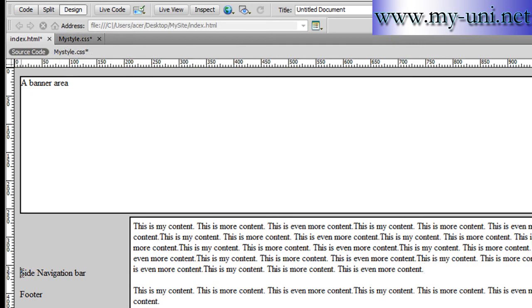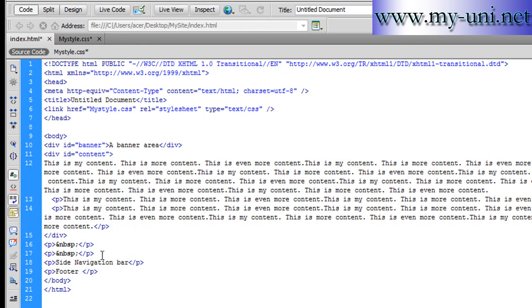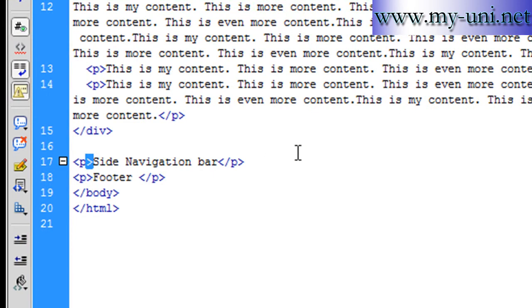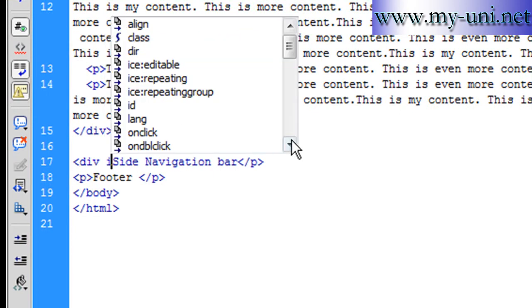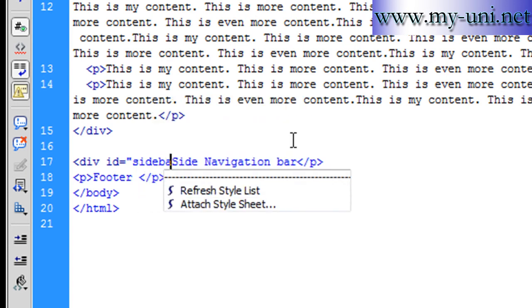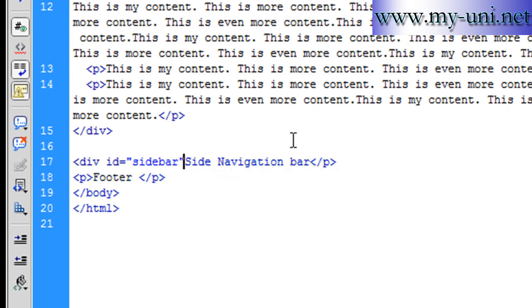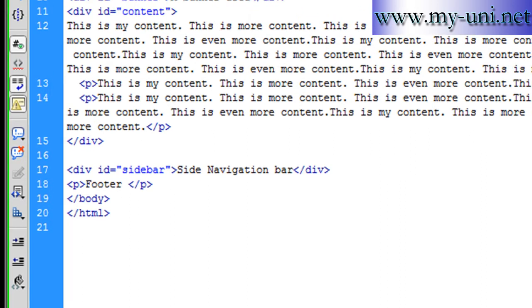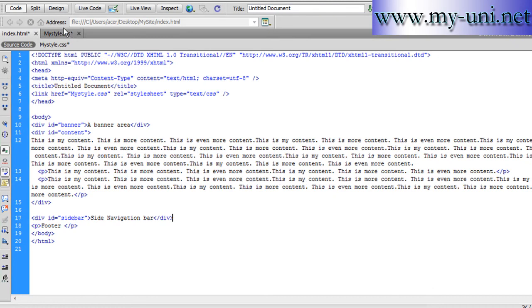Now we have to deal with this navigation bar. So we'll go to code view again, and then we'll enclose this in a div tag. We'll give it a name is equal to, and we'll say sidebar. We'll close this, double quotation close, and then angle bracket close, and then you have to close this div tag here. Okay, so our side navigation bar or sidebar is enclosed in a div tag now, which has an ID of sidebar, and because this has an ID now, we can reference it in our